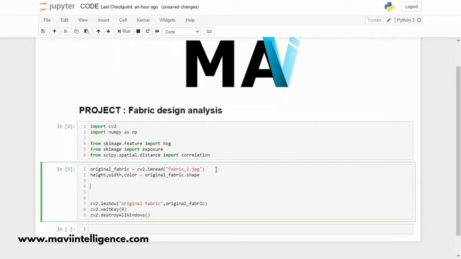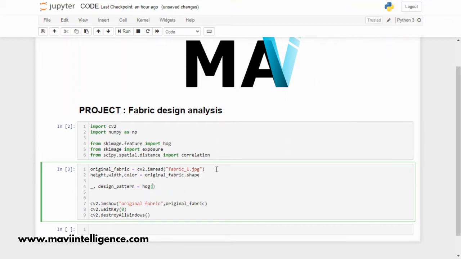Now let's implement our hog feature. So underscore comma, I'm taking design_pattern as a variable.